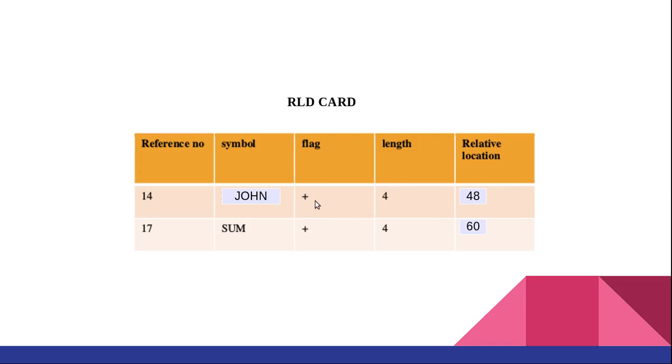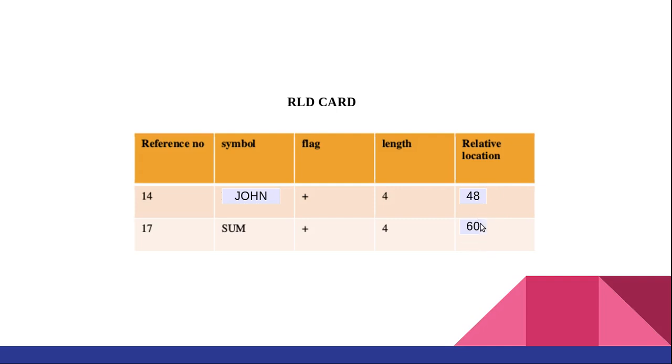That's why here we are adding. That's why we are giving flag value as plus and the length of the symbol is 4. And here this symbol is indicating with what symbol value you are adding the content of 48. So the content of 48 will be added with the address of this symbol, that is the table, to get the absolute address or the real value of the location 48.